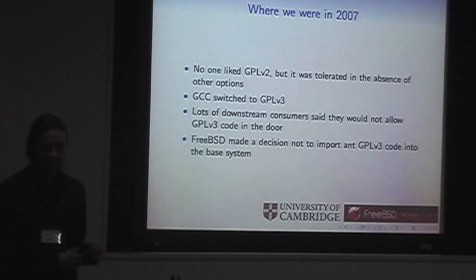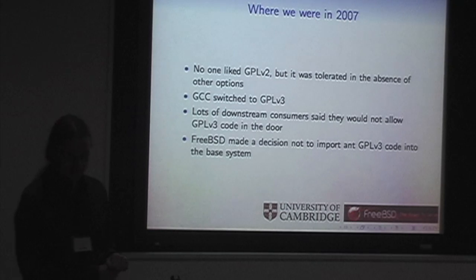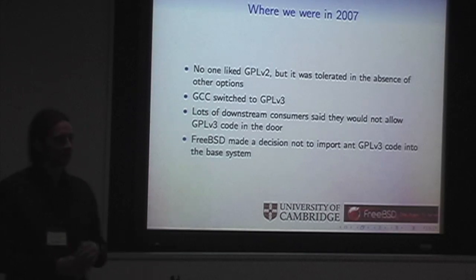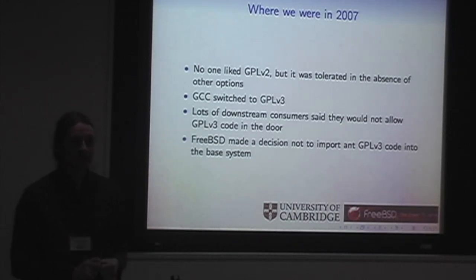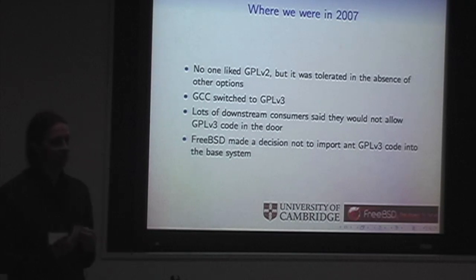So to go back in time now 7 years, the GNU project had this shiny new and exciting license, GPL v3. Prior to that, we had GCC and all of the binutils stuff, all of the GNU toolchain, and it had been under GPL v2, which no one really liked, but no one hated quite enough to rewrite it. That started to change with GPL v3. GPL v3 was an awesome thing for the GNU project to do for the BSD community. And we're very grateful to them for this, because it pushed a lot of companies to say, hang on a minute, there's this thing with a license that's not really annoying. We could use that instead.